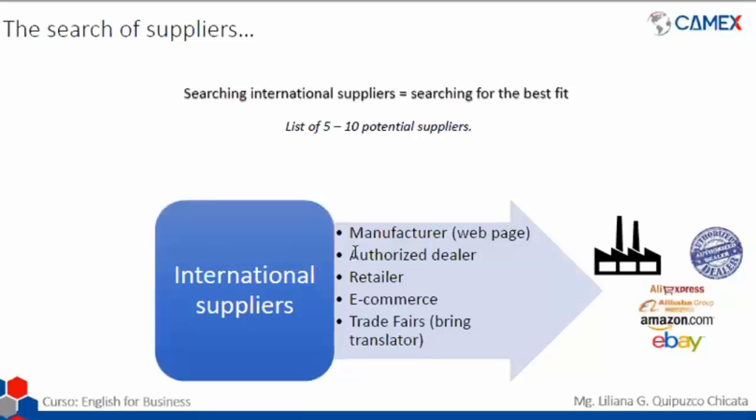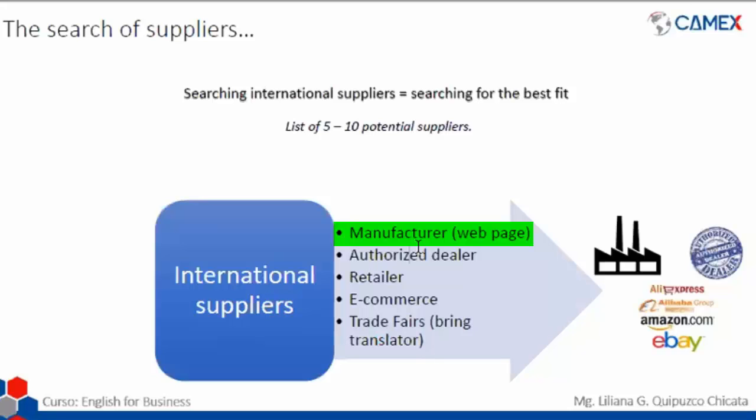In this case, we can go directly to the manufacturer. Maybe we saw sneakers that we really like, or maybe a cell phone, and we see the brand, and we go into the web and look it up and go straight to the manufacturer. We write to them and let them know that we want to buy from them, and they say it's okay, they sell to you and ship it to Peru. So we will be having an international supplier that is a manufacturer.